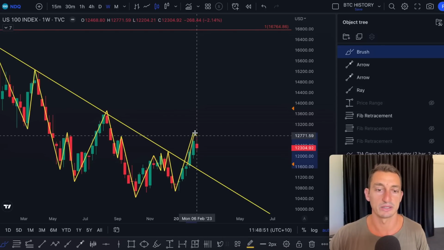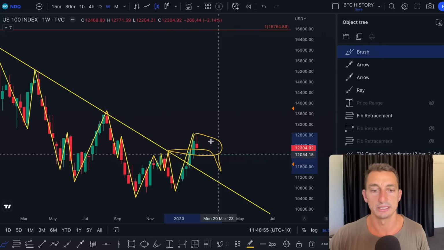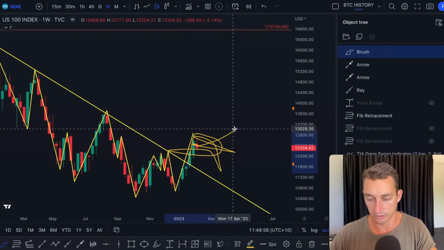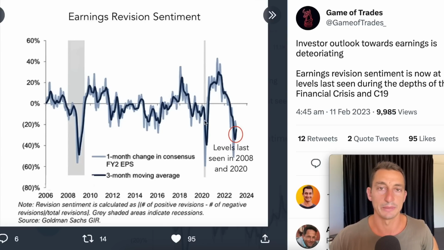So eventually, these markets have to pause, get some time to breathe, maybe correct a little, or maybe just hold out these levels before the move continues. So that's really important to understand where we currently sit in these markets, especially as we start to look at some of the other data that is also coming in here as well.